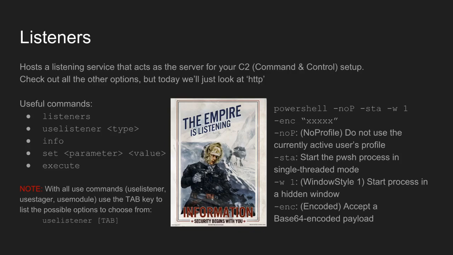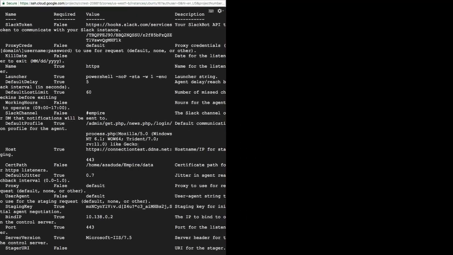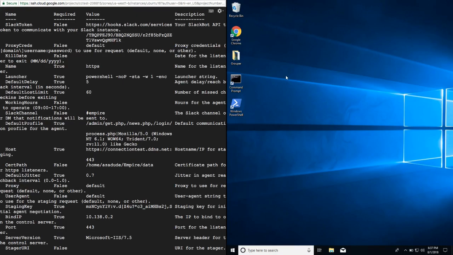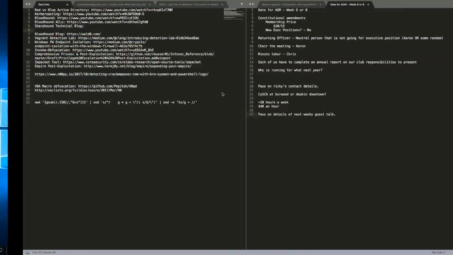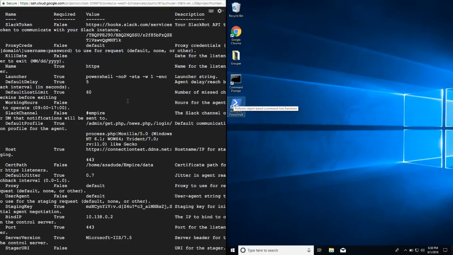So if it's not, anyone guess why we might want to base64 encode this? Anyone? Why might we want it to look like a base64 string rather than what? No, not quite. So base64 is like, if you had